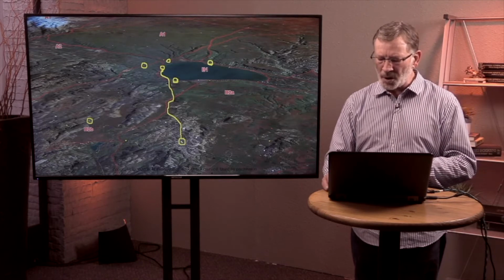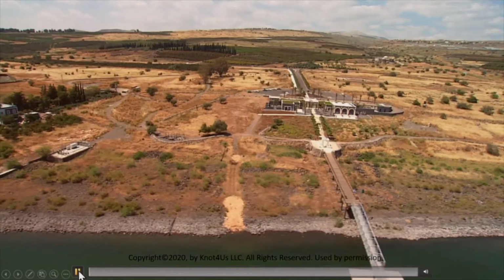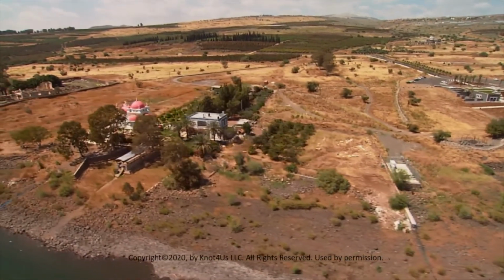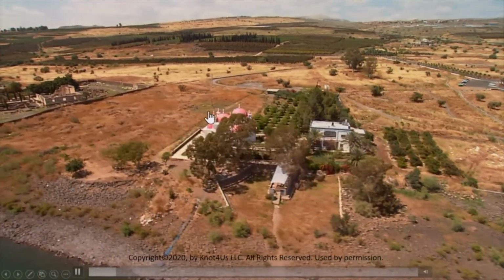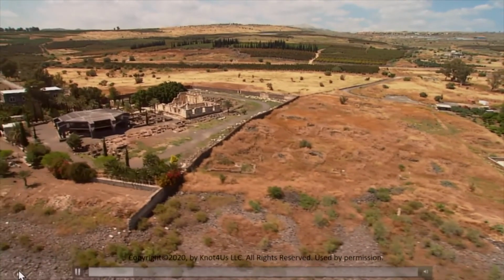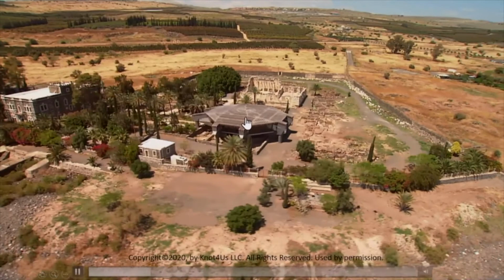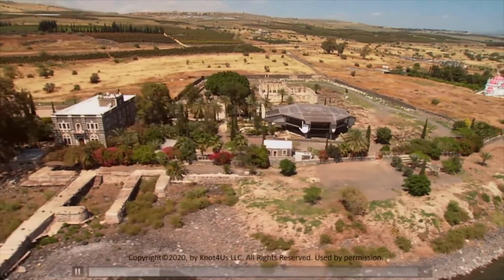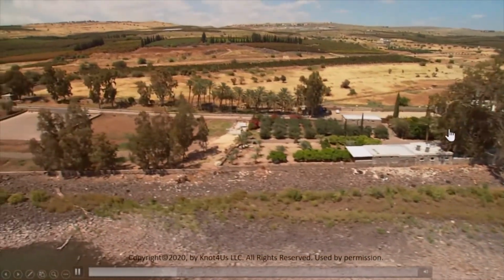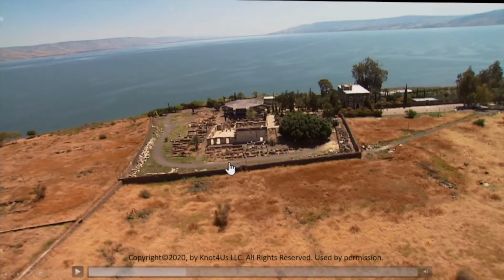So now we will go to the city of Capernaum. We're moving from the northeast to the southeast, or along the northern shoreline. This is the Greek Orthodox Church of the 12 Apostles. You can see the shoreline of the Sea of Galilee at the bottom of the screen, and now we come to Capernaum proper. Underneath this dark building is the Church of St. Peter, a Roman Catholic church. We also have a little monastery that is there,